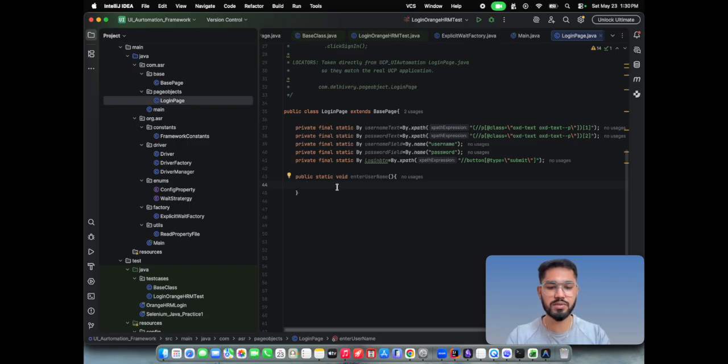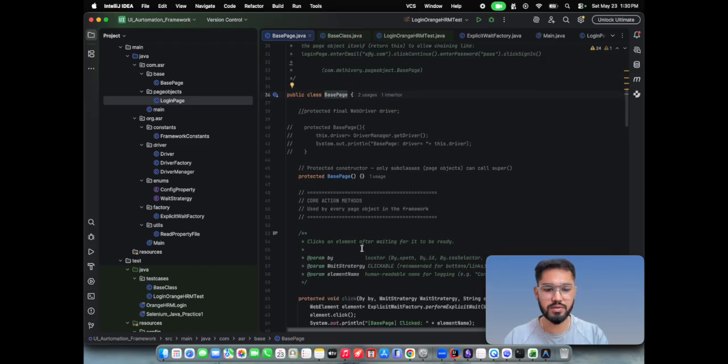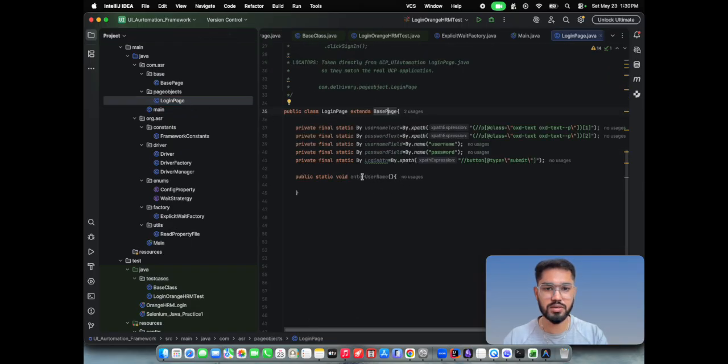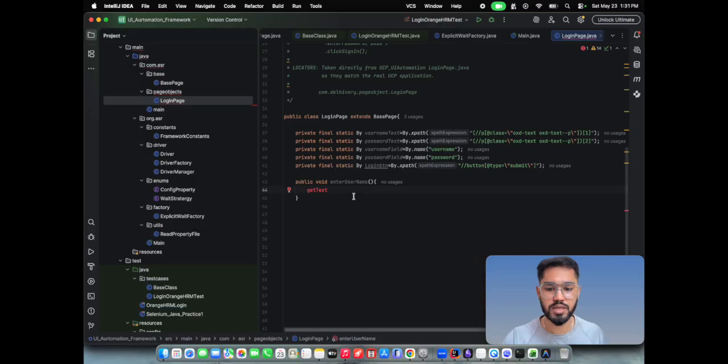For getting text we already have a method inside our base page, so we need to extend this base page, and we have a get text method here. See, this is not static, so we should not use static here. That is one important thing you need to maintain every time. It should not be static, and get text dot